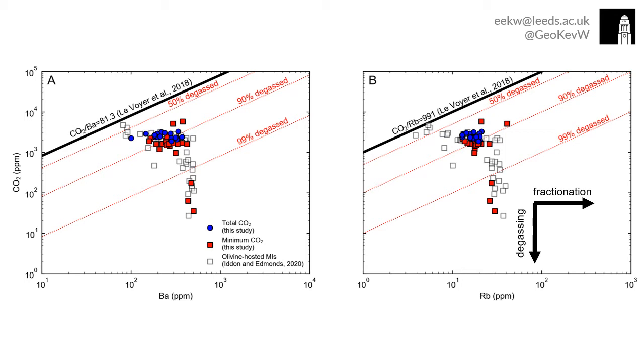Here we use ratios of CO2 with barium and rubidium, two elements that have similar mantle melting partitioning behaviour as CO2. My samples are now divided into two here. Those of which melt inclusions are known to have total CO2, so that's bubble and glass, are shown as the blue circles, whereas those for which only minimum CO2 is known from the glass are shown as the red squares. And what we observe from these plots, and I'll get my laser pointer out for this, is that